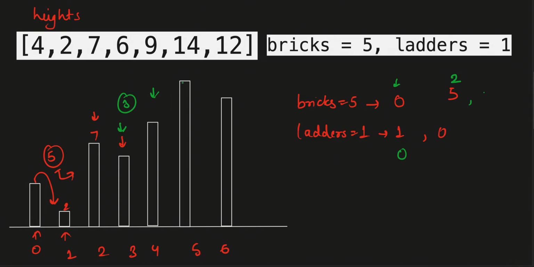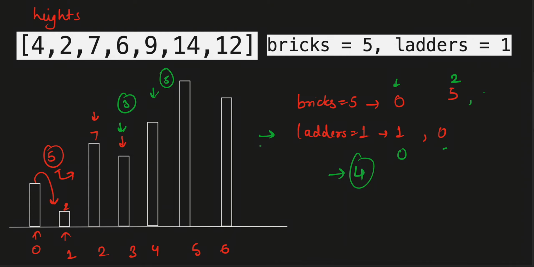Now I cannot reach 14. So for this particular statement the answer is 4, because bricks is also less than the height difference which is 5, and ladders is also 0. Okay, so now